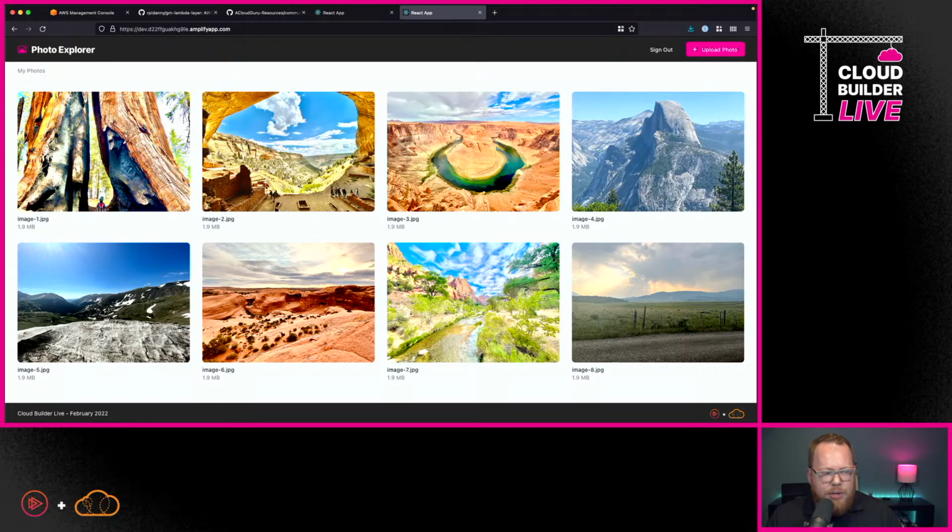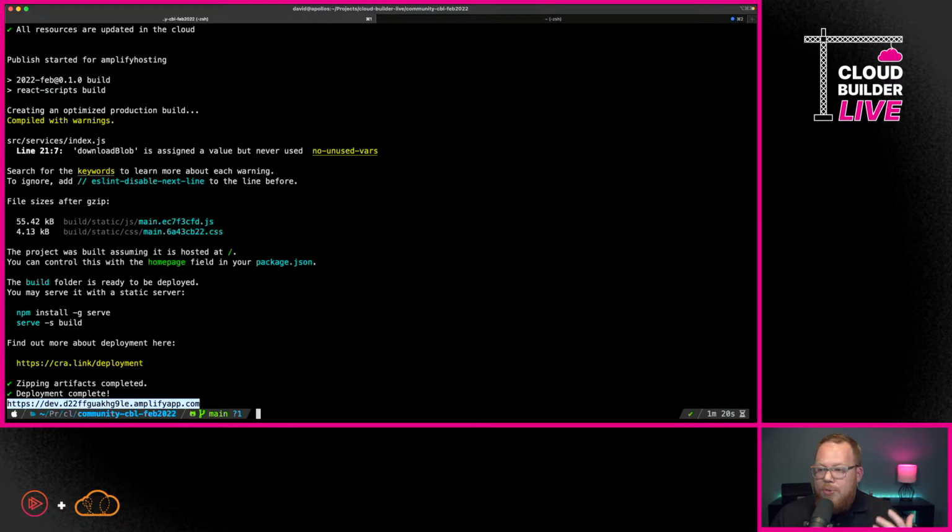Now, auth is interesting here, and I want to call out a few bits of this because really when we're talking about auth at any point, we're really talking about both authentication and authorization. So these are two different terms that have two different meanings. The first here, authentication, is we need to know who a user is. And what we want to do here is make it so that users have to sign in to access our application. But then we also have authorization. That means we want to know what you can do as a user.